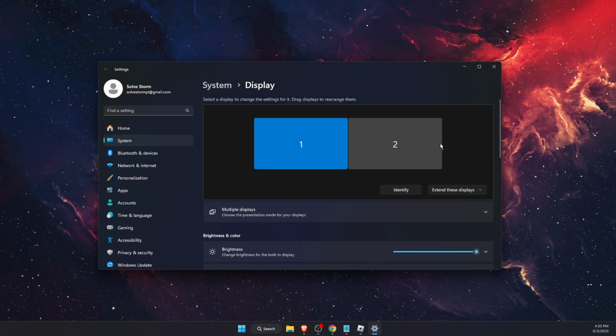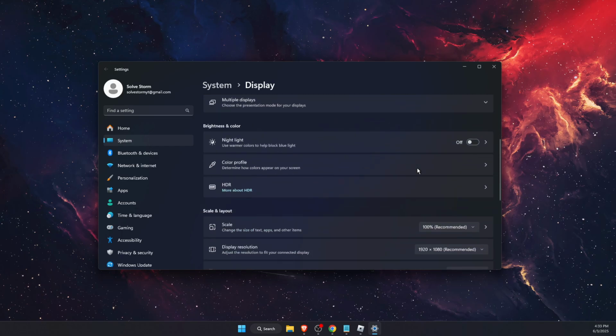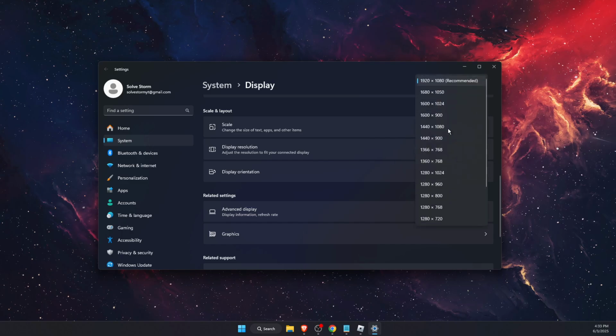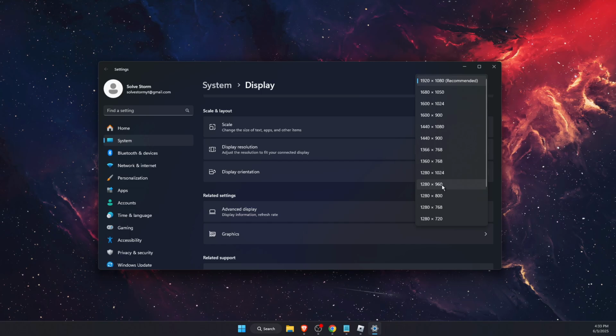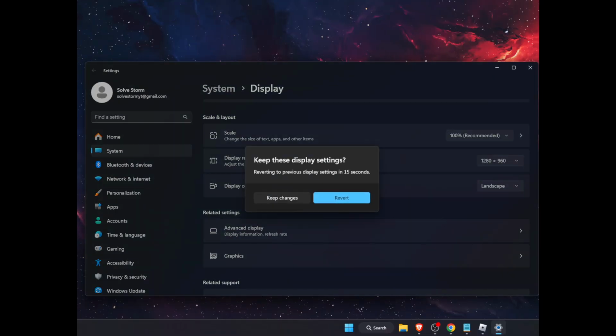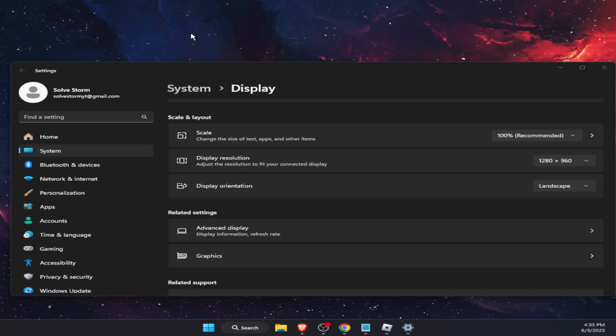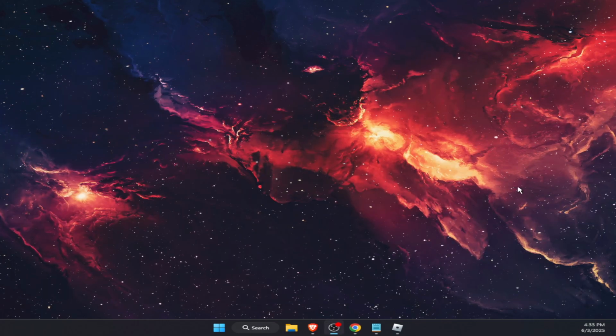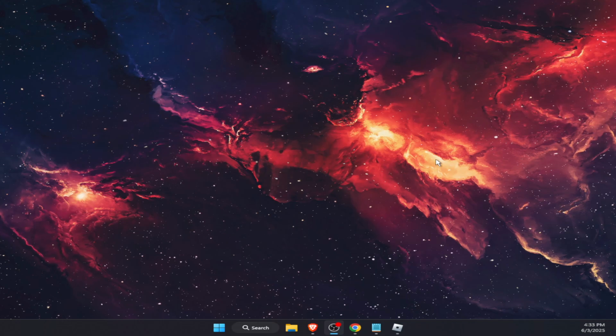Once you open it up, you want to choose your monitor. So I'm just going to choose the second one. And you want to choose display resolution and you want to choose the stretched one. So for today, I'm going to choose 1280 by 960, just like so. Now you will have your stretched resolution already, and if you see black bars right there in the corners,